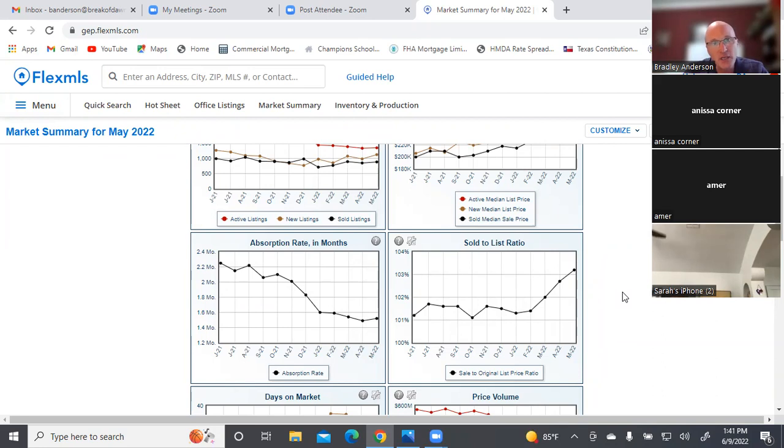Are they decreasing? And people will feel a lot better about real estate once normalcy hits our market. People like consistency, right? If the interest rate is going to go up to 8%, whatever, just tell me that it's going to do that and it's going to stay there. They don't like